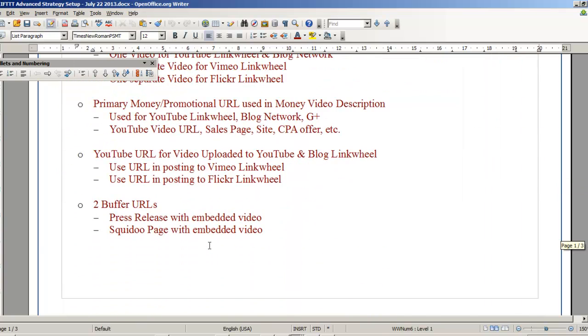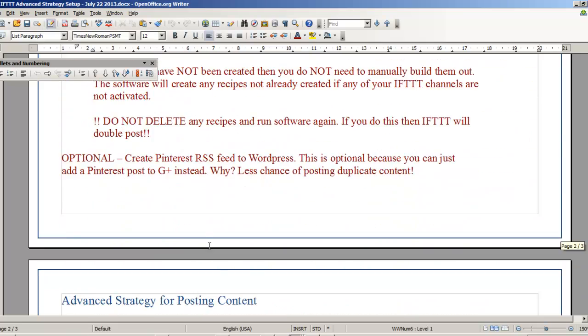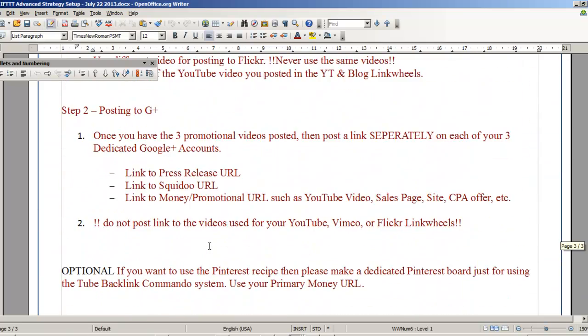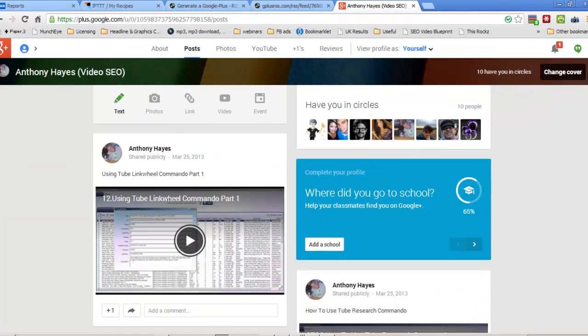And you can see that for the free Google Plus accounts, what we want to do is have some content. Ideally, what I would suggest is a press release, because they're really great if you can get a video in there. Use the Skidoo page and link to a money promotional URL. This ideally is going to be the URL that you're promoting via the YouTube description from the YouTube video that you upload, because what we're going to be doing here is